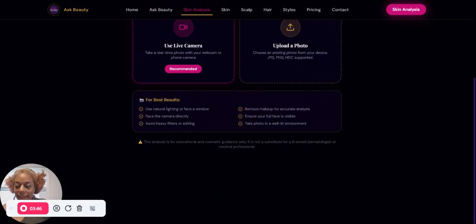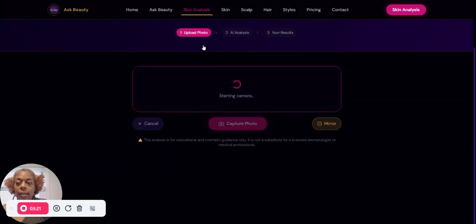Click on skin analysis and you have the option to use live camera or upload a photo. Pick whichever you choose. But whatever you have, make sure it is a no makeup picture, and when you are on live, make sure there's no makeup on. Okay, so once you click on the use live,